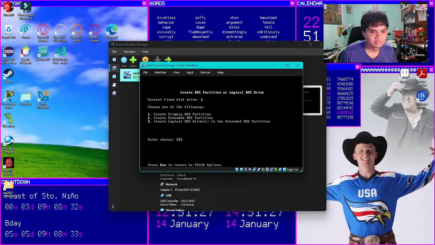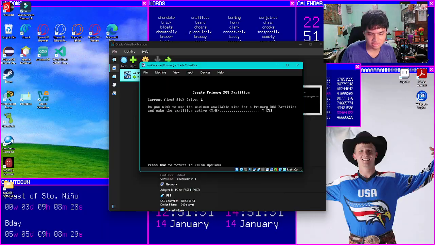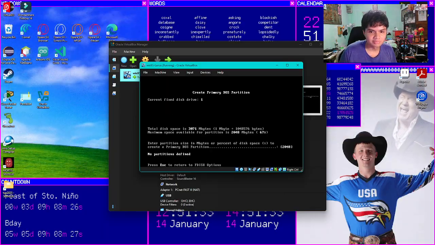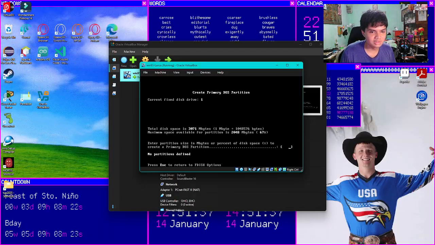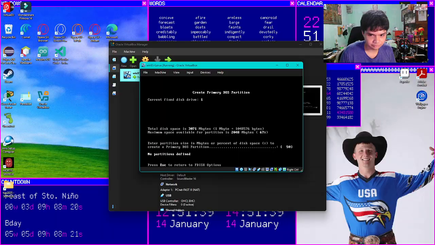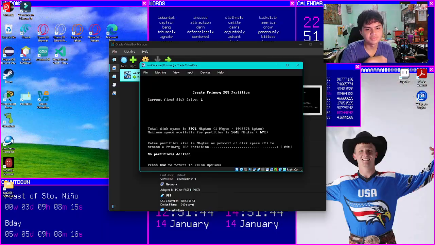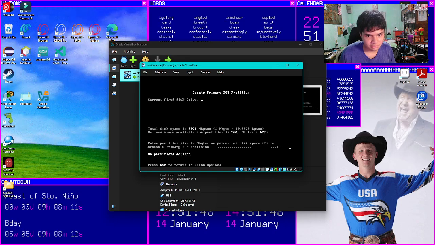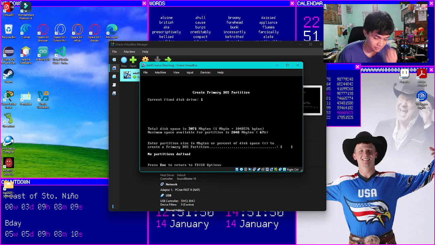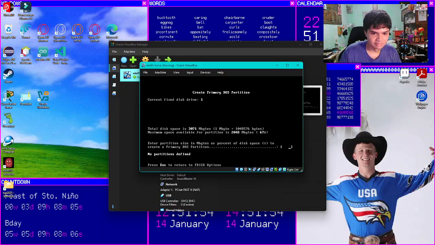Then first you need to create the primary DOS partition first, the C drive, then maximum size, then just press no, then press enter. So I want here is to create the C drive as 50%, or at least 60. I'm gonna use 60% of the C drive. You can put 60% or you can put the logical drive bytes. So we have 371 bytes.